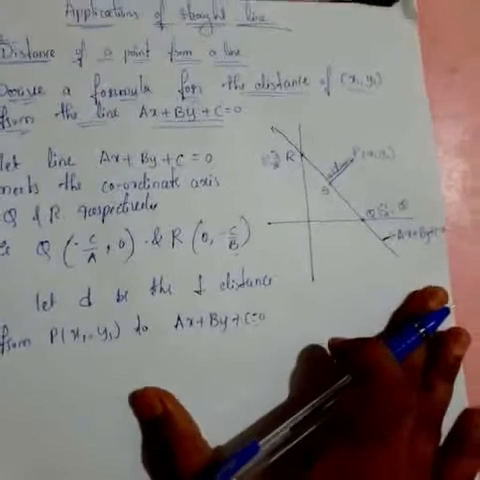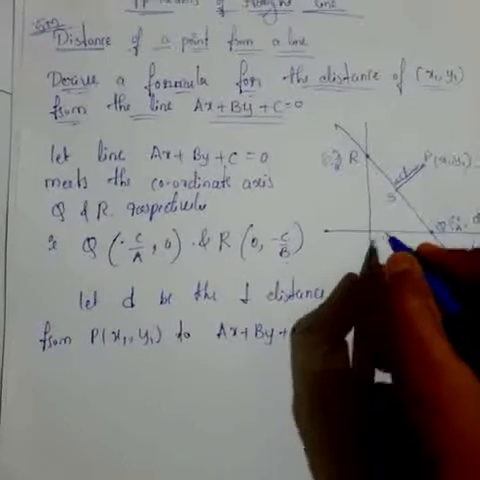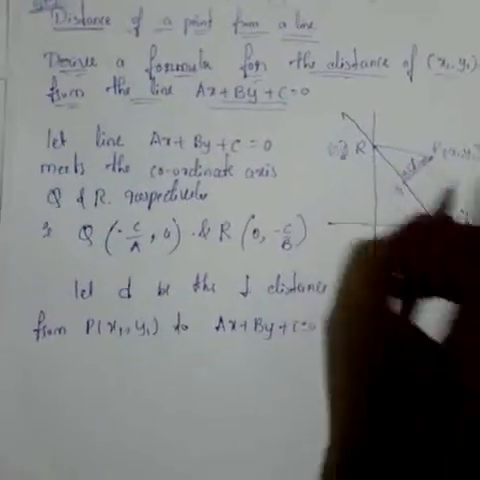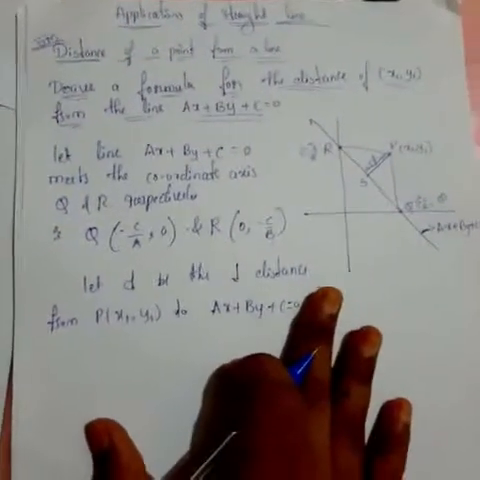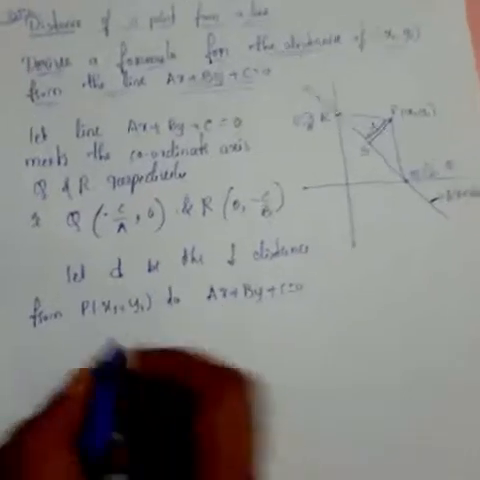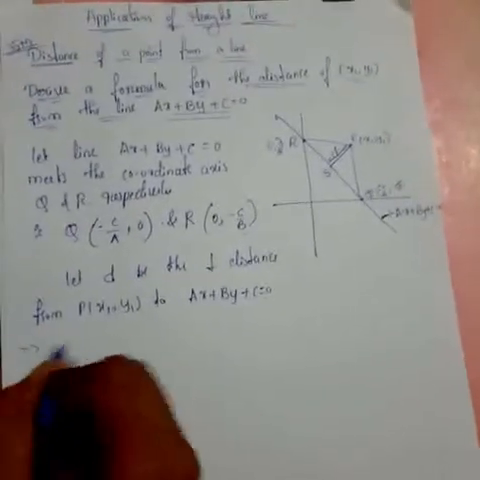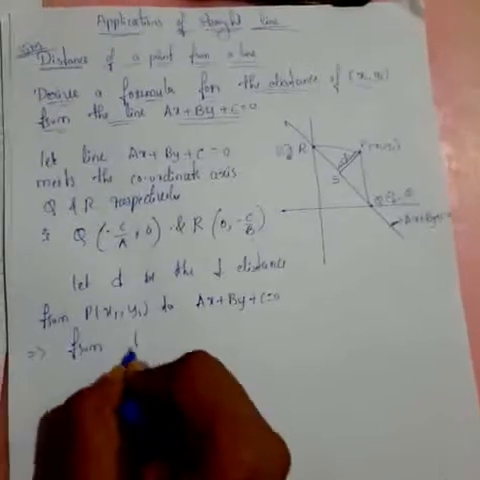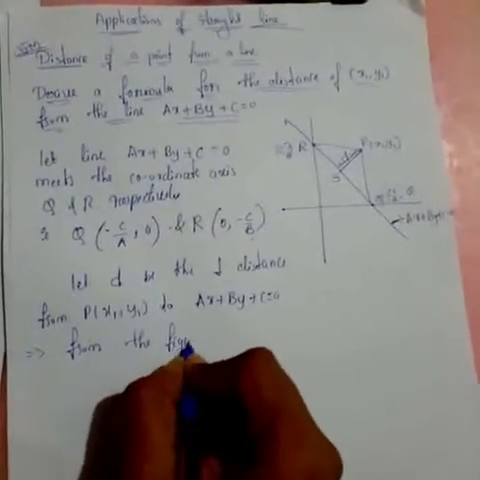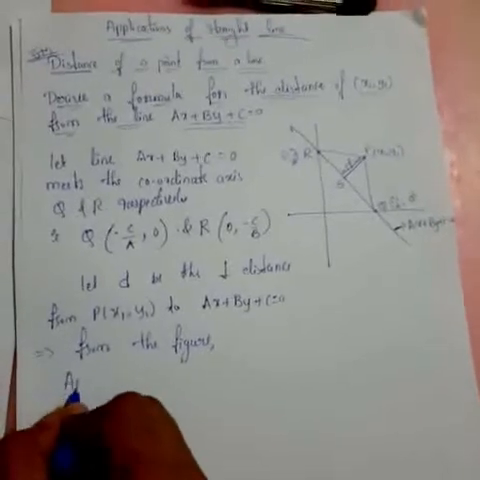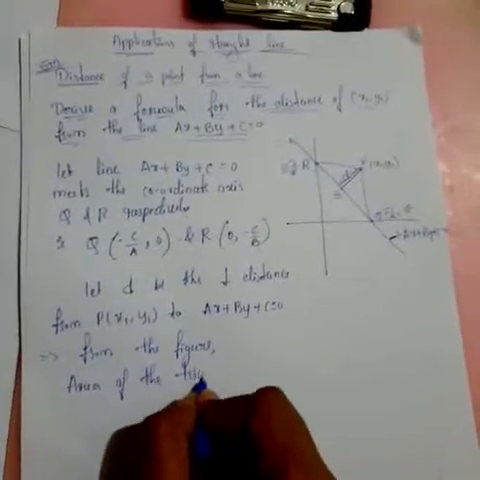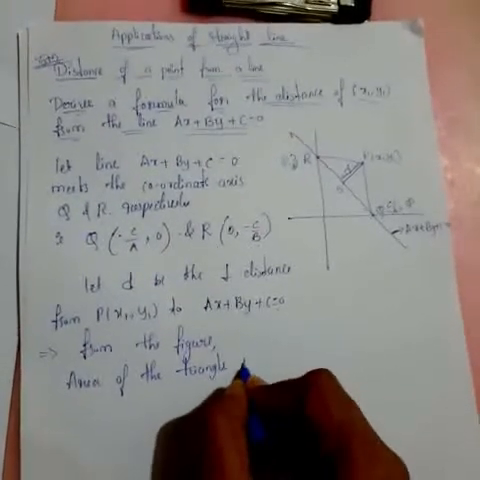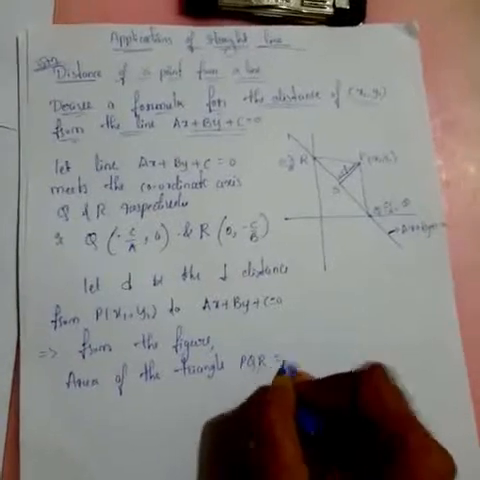For this purpose, join R and P, and P and Q, then you will get one triangle PQR. So from the figure, the area of the triangle PQR is equal to,